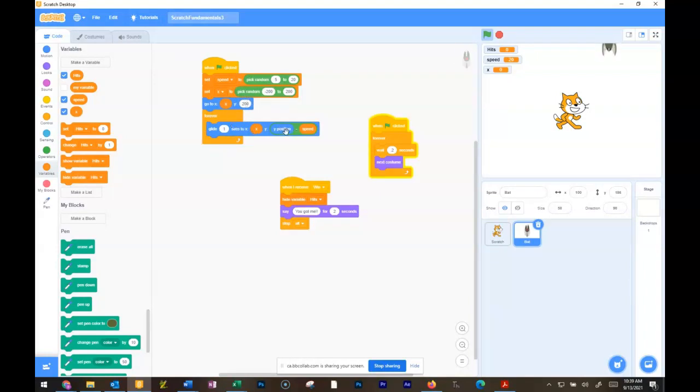And what we're going to do each time it loops is subtract the speed. Now, the speed isn't going to change. After it sets the speed up here in the random, it's going to be some random number between 5 and 20. So we set it at the beginning, and whatever that speed is, it's going to consistently subtract that. So let's just say the random number was 7. Whenever we get to the repeat part of this block, the forever part, it's always going to subtract 7